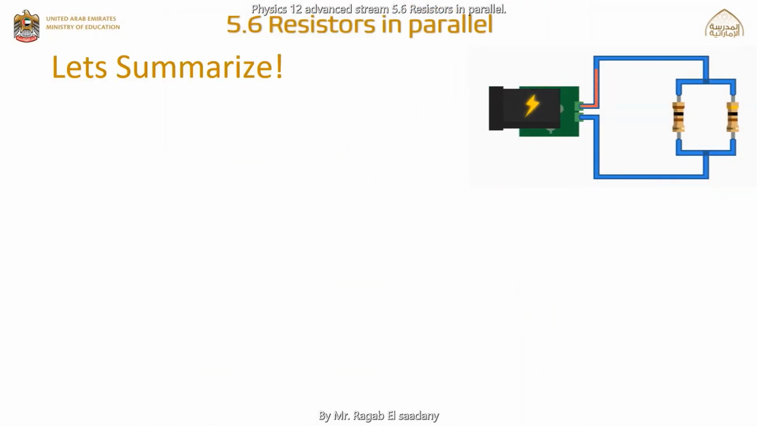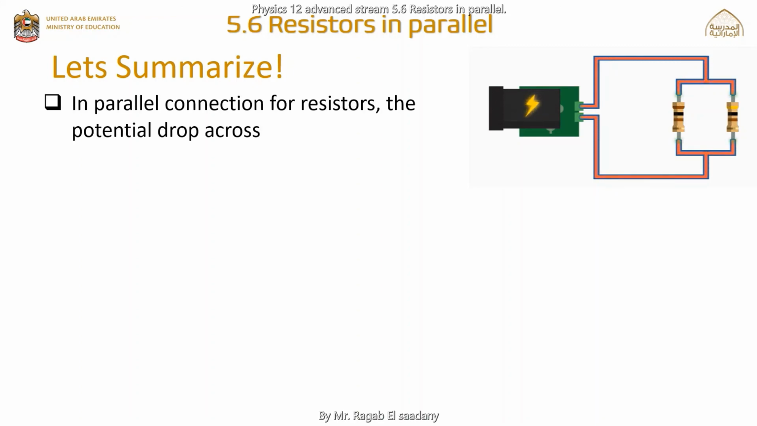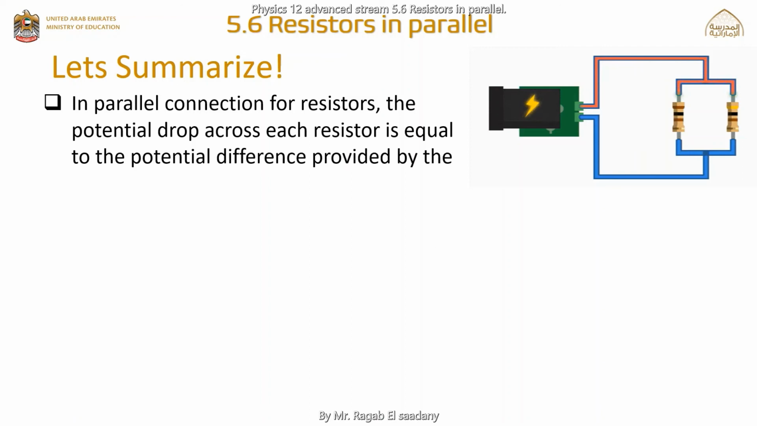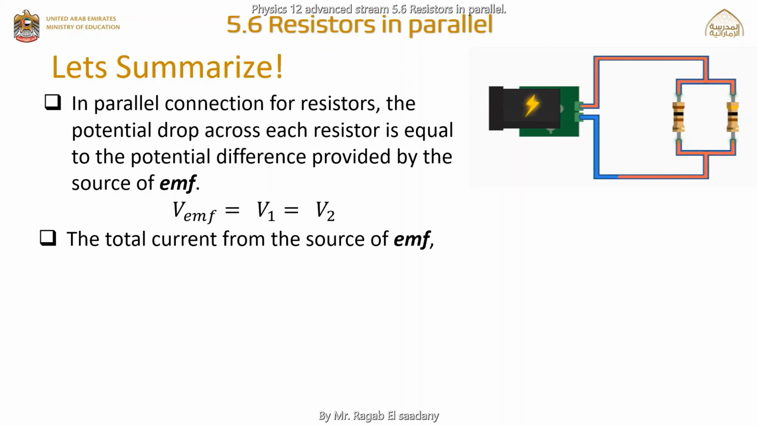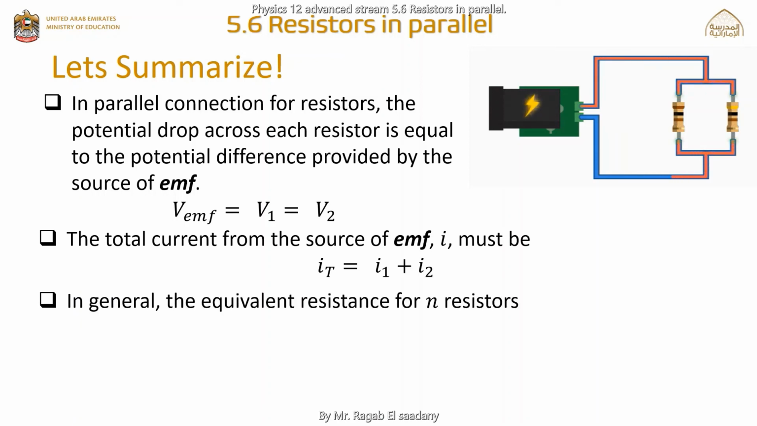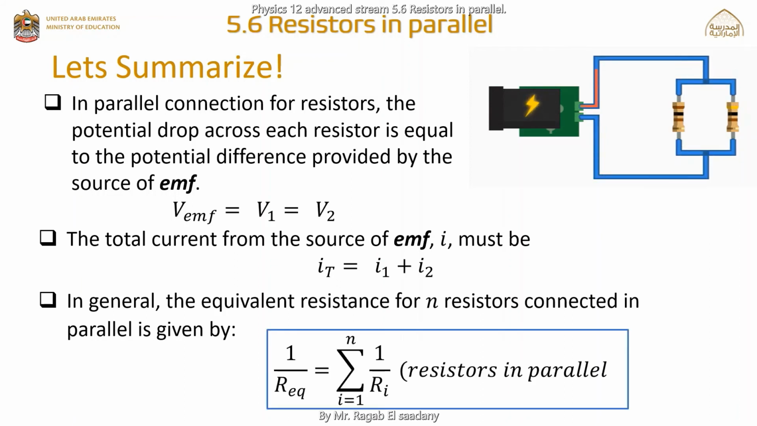Let's summarize. In a parallel connection of resistors, the potential drop across each resistor is equal to the potential difference provided by the source of EMF: V EMF equals V1 equals V2. The total current from the source of EMF must be I equals I1 plus I2. In general, the equivalent resistance for n resistors connected in parallel is given by 1 over R equivalent equals the summation from 1 to n of 1 over Ri,